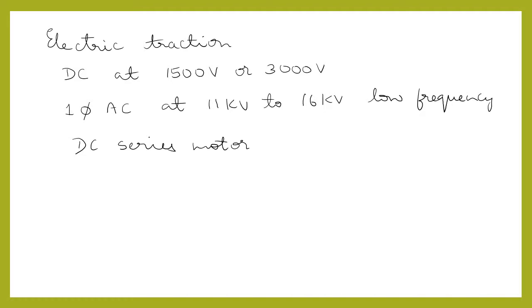Also in AC schemes, the advantage is the conversion of power from one voltage to another conveniently using static transformers. The overhead system can be supplied at a high voltage, and due to low current, a smaller conductor section can be used. Also, spacing of the substation can be large without causing much voltage drop.